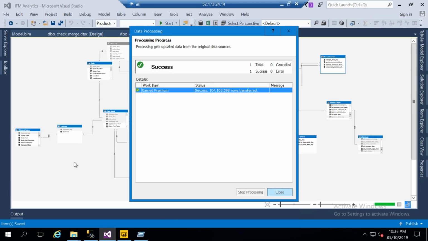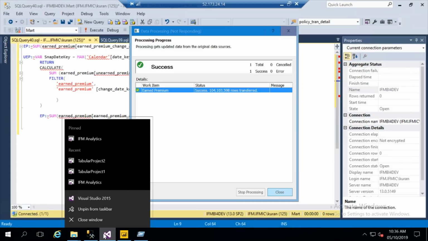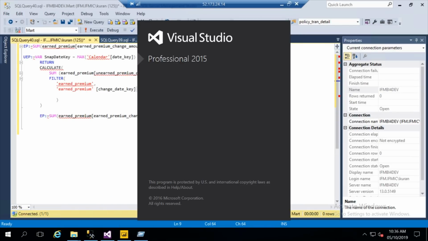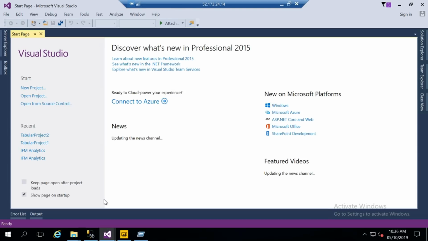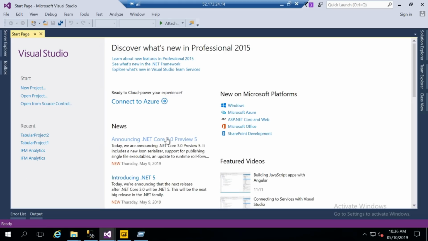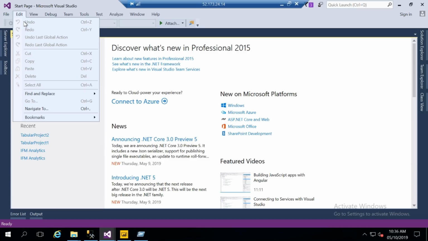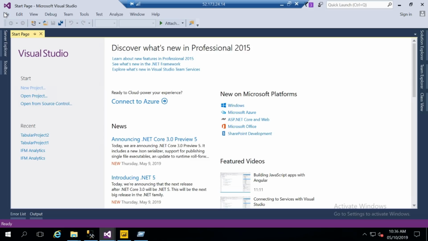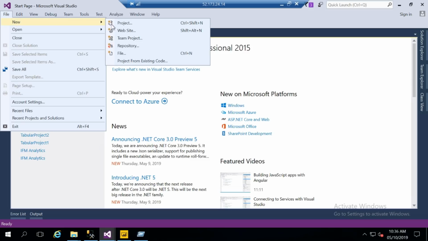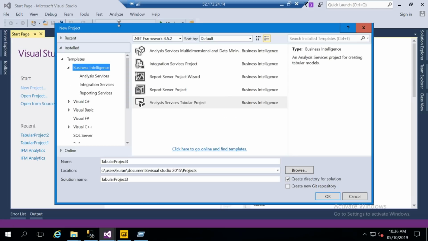This is one of my cubes that is being deployed, so sorry for that. So let us open another Visual Studio. It might take some time, so bear with me. So this is the Visual Studio screen you might have seen earlier. Once you open it, either you can press the shortcut Control Shift N, or you can go to File, go to New, and go to Project,